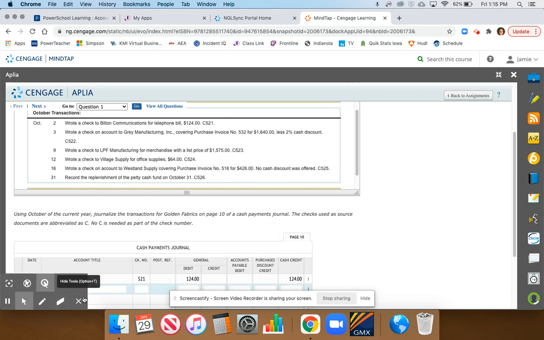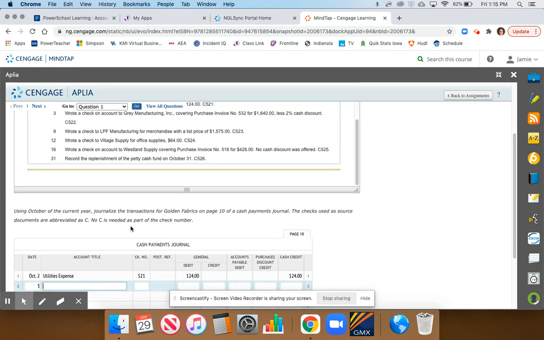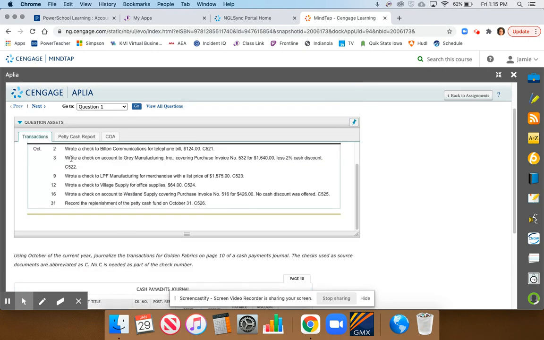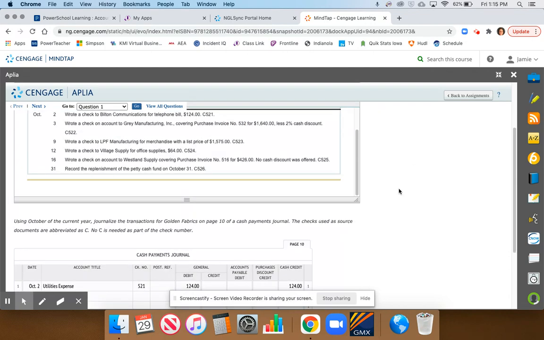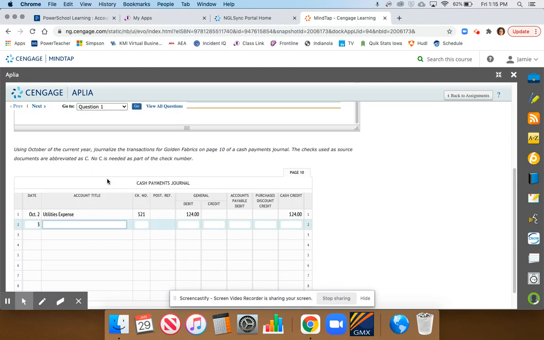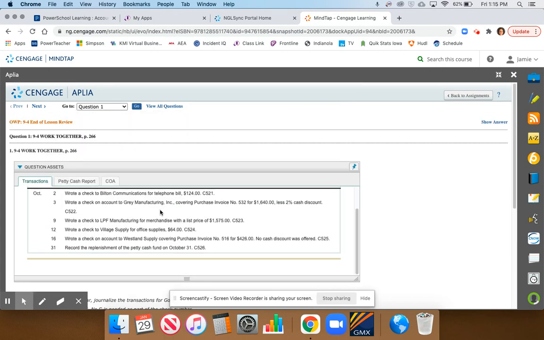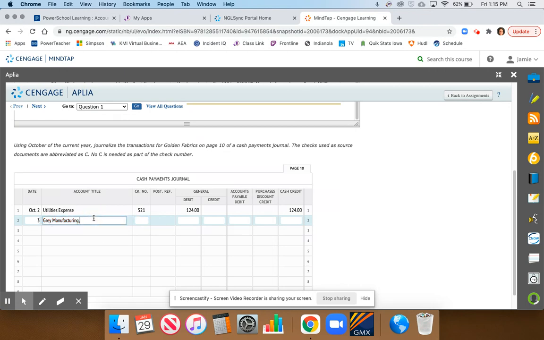On October 3rd, we wrote a check on account to Gray Manufacturing covering purchase invoice 532, $1,640 less a 2% cash discount. So notice how it says on account and covering purchase invoice number 532. This is important. So because it says on account, that matters. We need to track how much we owed them. Gray Manufacturing